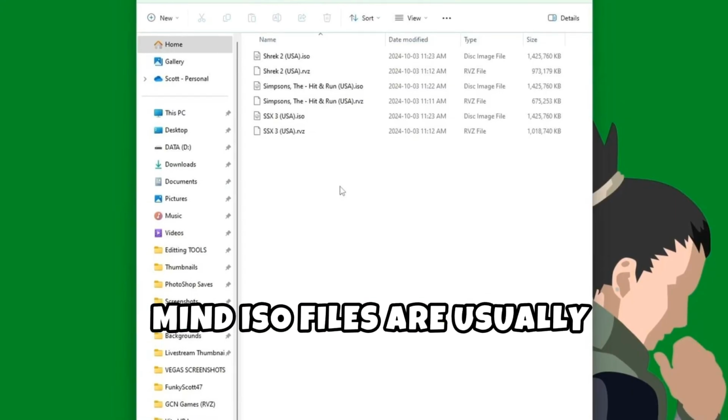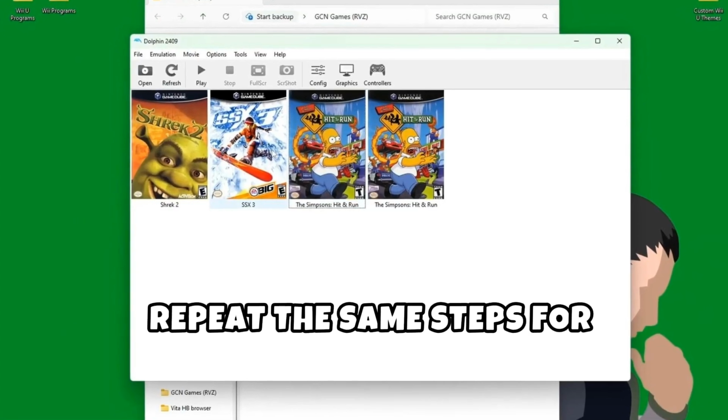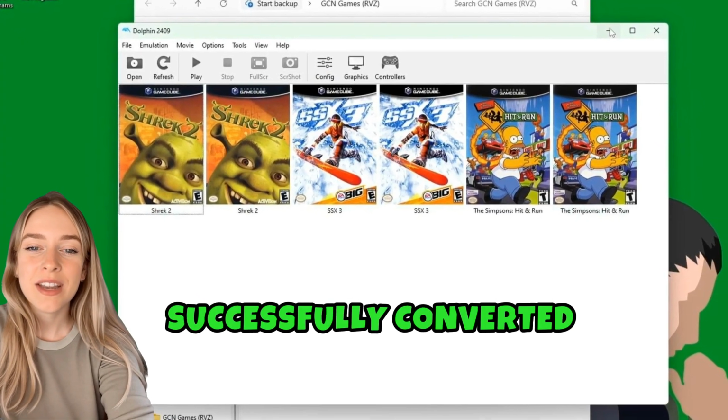Keep in mind, ISO files are usually larger than RVZ because RVZ is compressed. Repeat the same steps for any other GameCube games you want to convert. That's it. You've successfully converted RVZ to